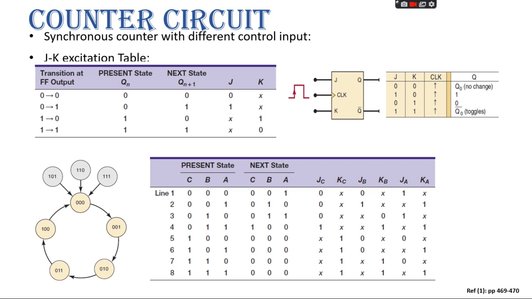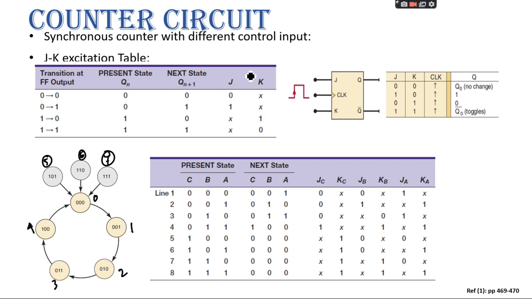Suppose you have been asked to design a counter that goes from 0, then 1, then 2, then 3, then 4, and then goes back to 0. So you are not using 5, 6 and 7. Either you can have 5, 6, 7 as don't care conditions, or you can put them back to 0. So when you need to use this JK flip-flop,